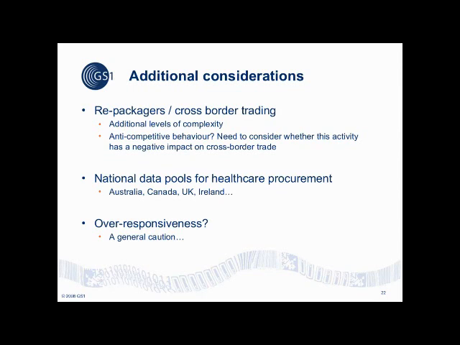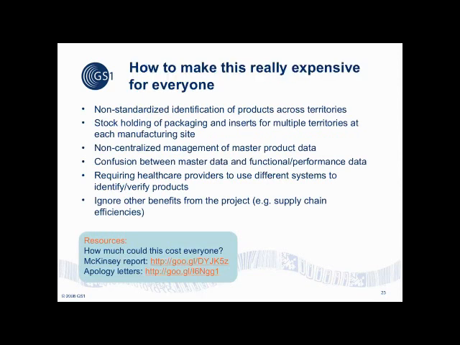And then just a general caution on over-responsiveness, which I'm not sure quite the value of, but it struck me, particularly as the Californian and Floridian systems were being developed, that people were moving quickly to try and fit with them. And then, of course, now they've disappeared to be replaced by something similar but not the same. So is there a caution that we shouldn't maybe respond too knee-jerk to everything, but try and consider a global response to these impacts? So with those additional considerations, I'd like to move on to the meat of my presentation,